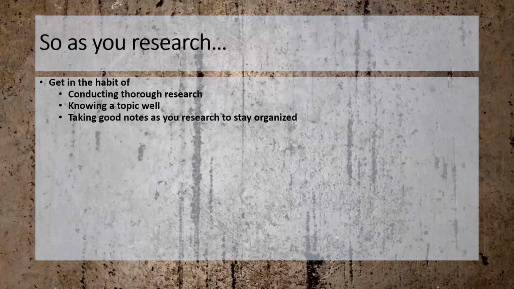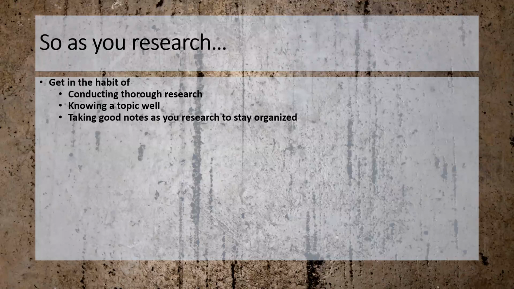Even if you don't put it into bibliographic citation format, at least you have all those elements, which will help you find the source again if you lose it, and it'll help you construct the citation once you're ready. Although I would say once you start composing, create your bibliography as soon as possible. And as you're bringing in outside sources, go ahead and have those cited in the text. Do not compose your paper and then go back and insert your citations. That makes no sense. How are you going to know where that quote came from if it does not have some kind of citation or indication or note to yourself at least? So do not wait till the last minute to do your citations.